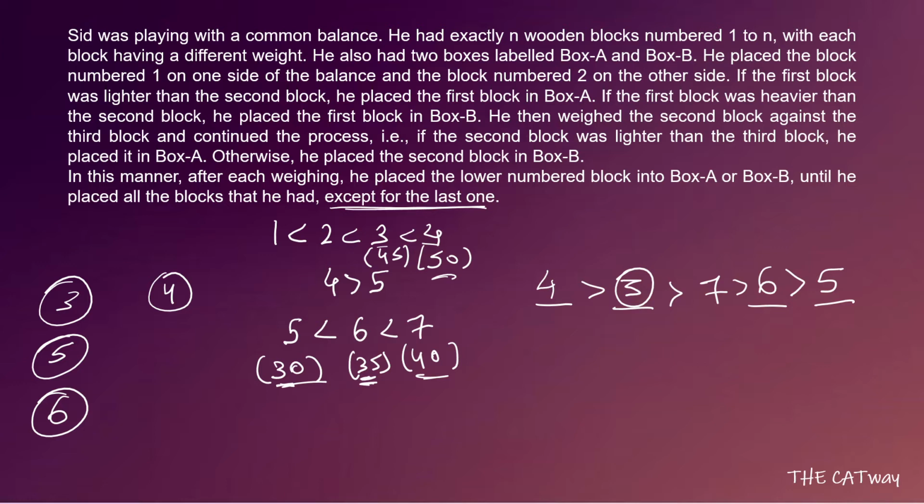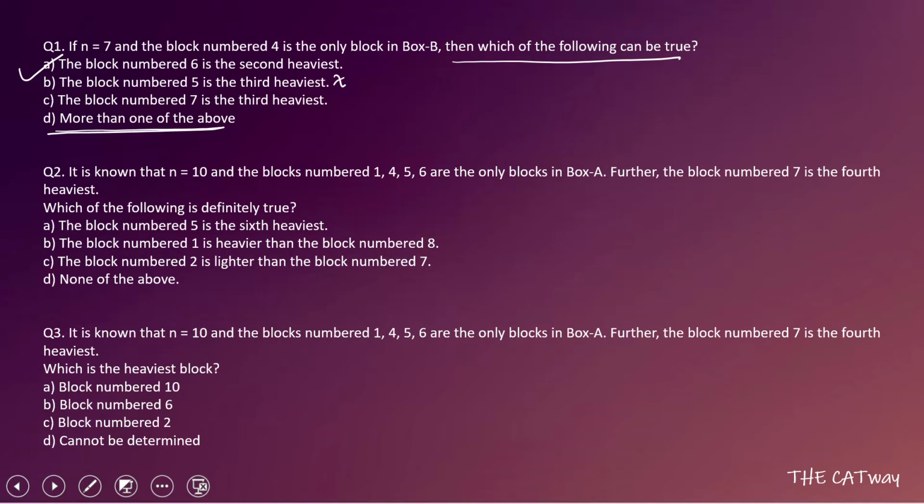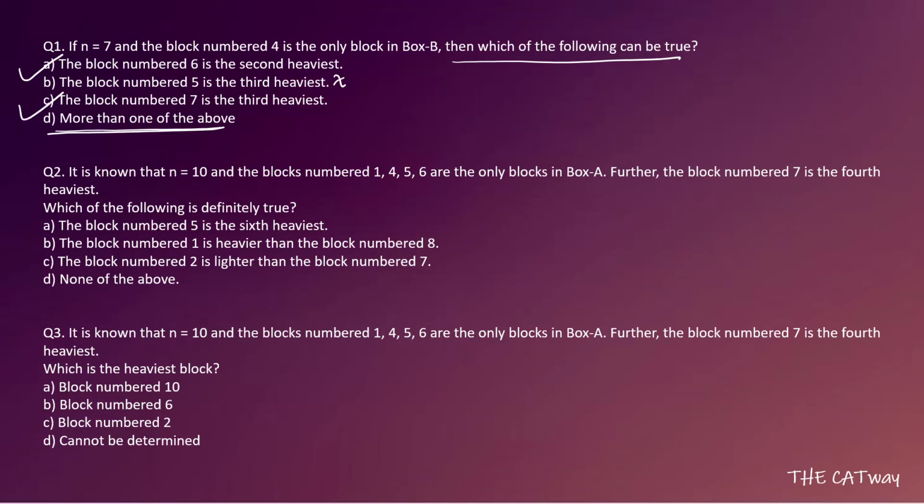So going by this condition, by checking this, there was no contradiction. We did not come across any issue regarding whatever we wanted to make happen. So that means this case can also be a possible case, because we have checked it and there were no contradictions. So we can say that this is a possible case, that number 3 can come over here and it can be heavier than 7, and in that case 7 can be the third heaviest one. So what we can say is that option C can also be correct. That means the final correct answer will be option D, because that is more than one of the above. Let us move towards question number 2.